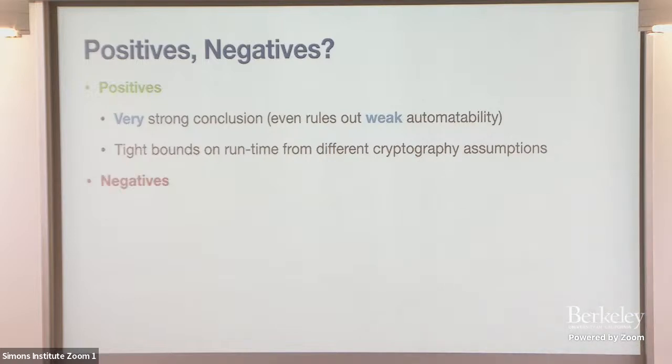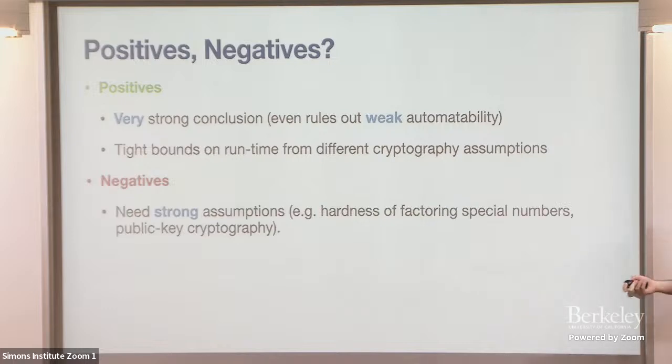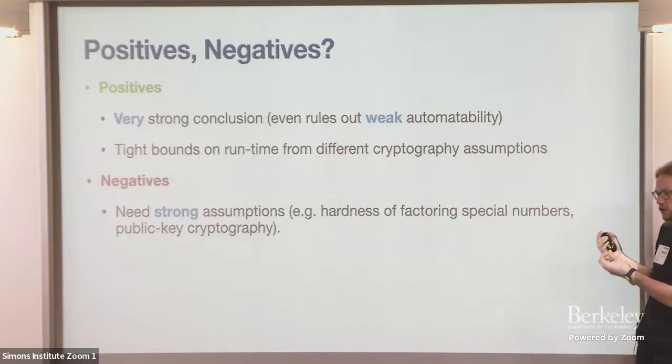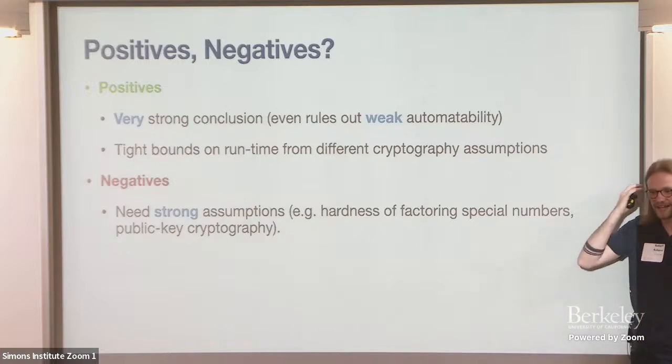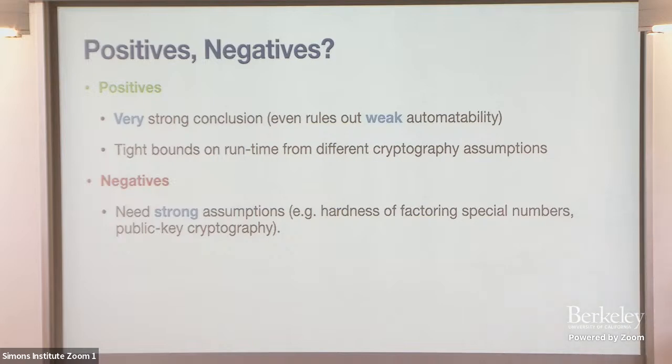The downside of this is that we need extremely strong assumptions, right? We believe that P is different from NP, and we're happy to assume it. We believe that cryptography holds, and we're happy to assume it. But at some point, when the systems start getting quite weak, you start getting into the realm of cryptography assumptions that are so strong that maybe we believe them, but we should maybe hold back a